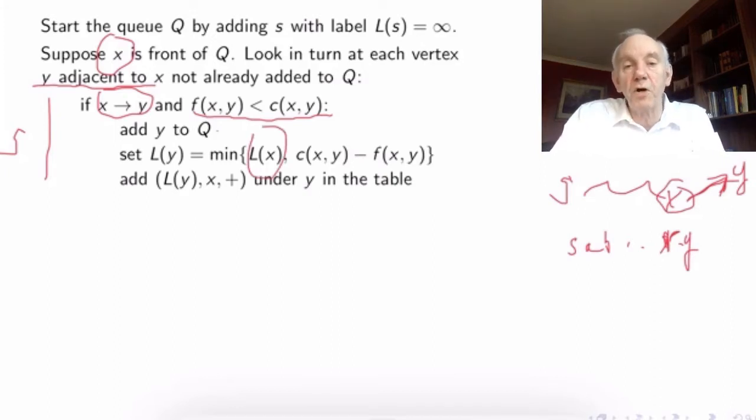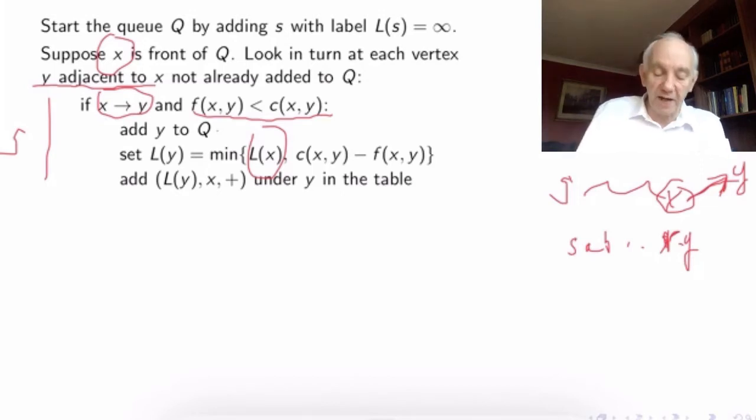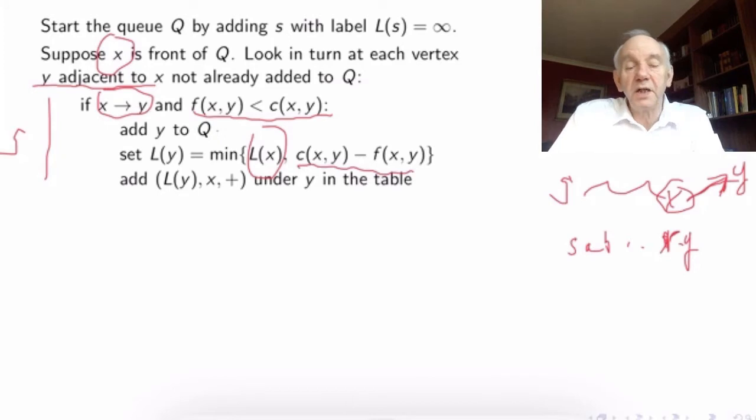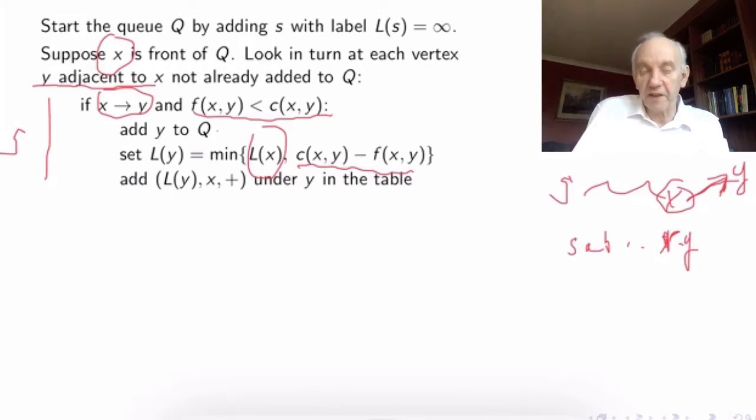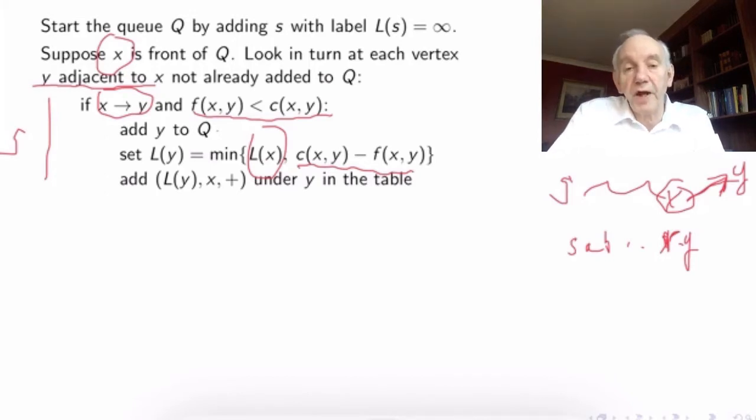Well, we can if we've got enough capacity. If we don't have enough capacity to get all that extra flow to Y, we're limited by the spare capacity of the pipe from X to Y. So it's going to be the minimum of L of X and this spare capacity. We can't get more flow to Y, even if this capacity here is 100, say, we can't use that unless we've already got 100 to X. So that's the formula, or the sort of labeling formula, not dissimilar to what we saw in Dijkstra's algorithm, the